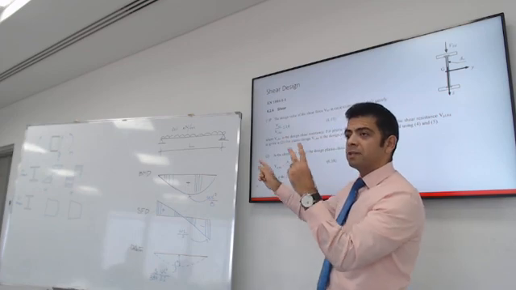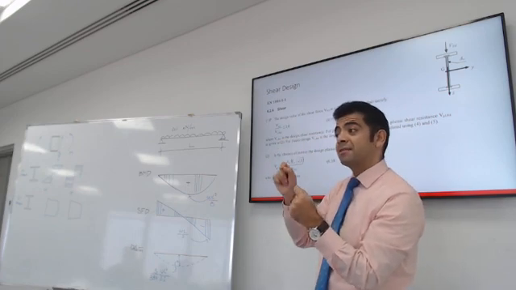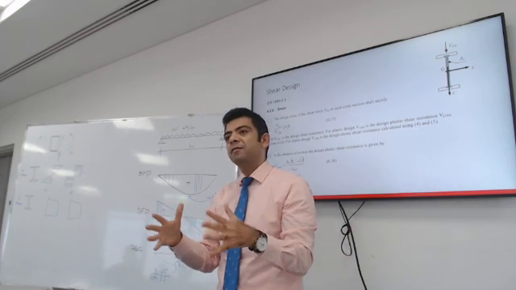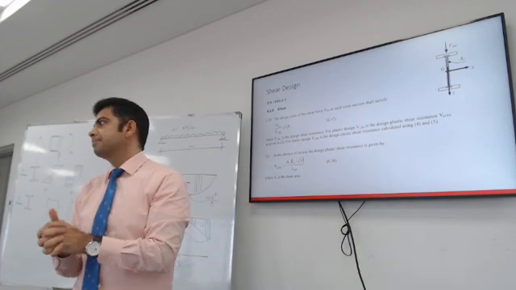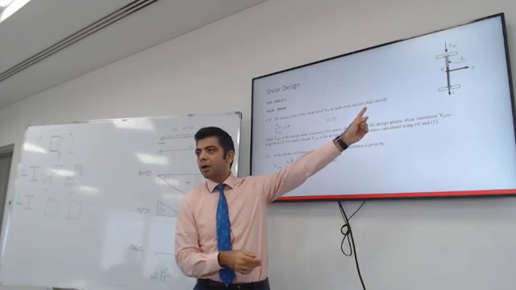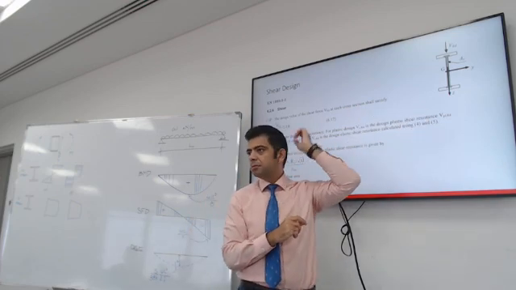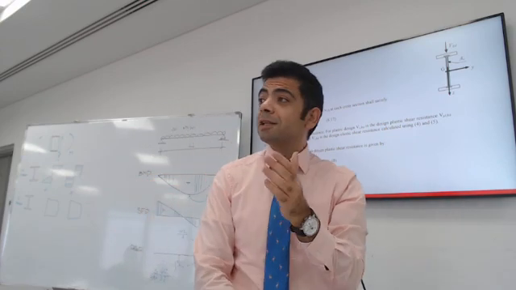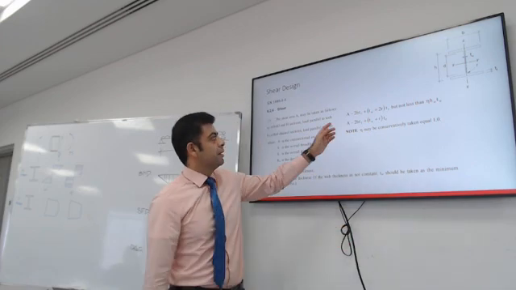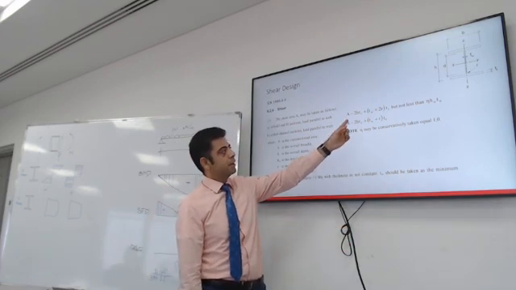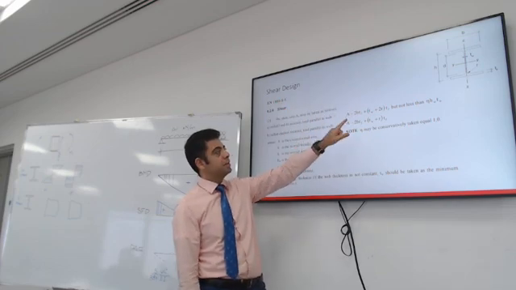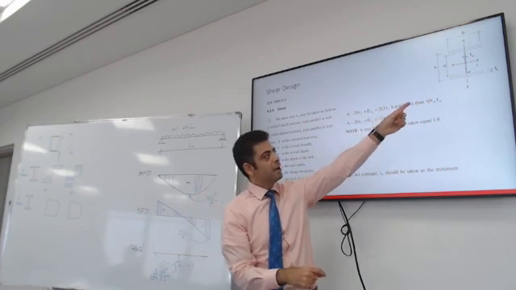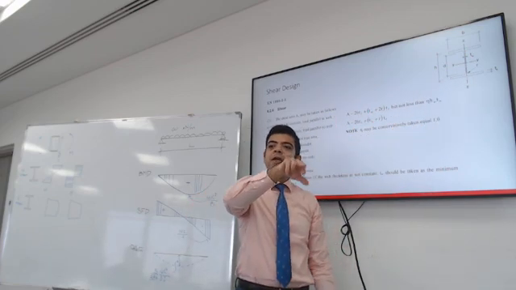The only remaining factors are the yield stress, the maximum yield stress of steel, and the area of shear, AV. What is AV? It's the area of the gray shaded area. Does that make sense? How do you calculate it? That's a good question. The code tells us how to calculate it. You get the entire area and you subtract 2 times the width multiplied by the thickness of the flange, and then you add the thickness of the web plus 2 times the radius of the connection between the web